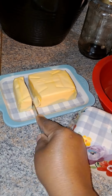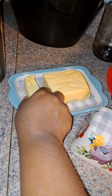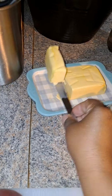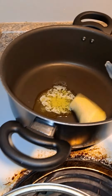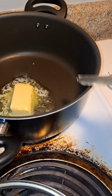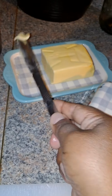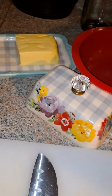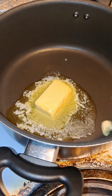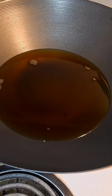And I'm just cutting some butter. I really don't measure anything, you guys. That's how I learned how to cook. I just eyeball everything. So that's probably maybe like, I don't know, 2 tablespoons of butter. And I am just letting that melt down because that is the pot that I am going to use to make the